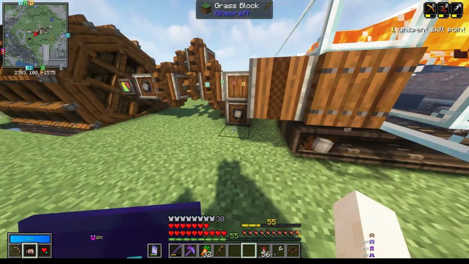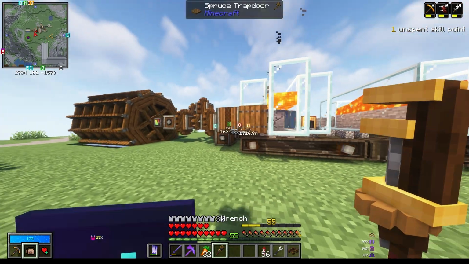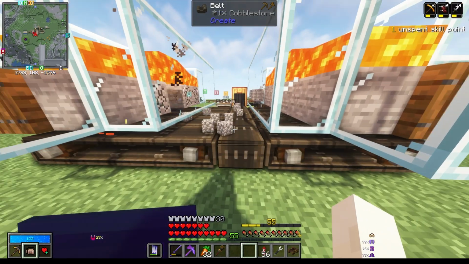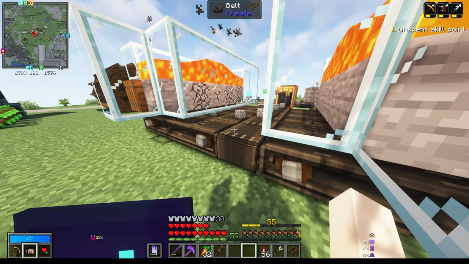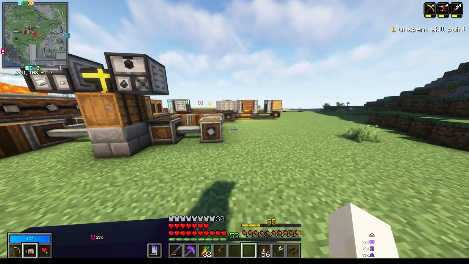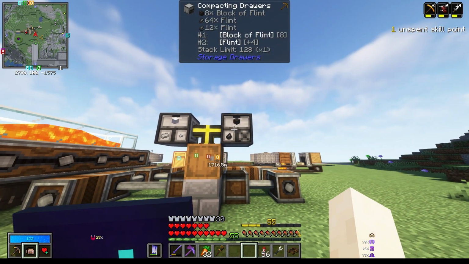And if we come over here, looks like a few blocks managed to fall out. Not that big of an issue, but like I said, I don't want lag to happen. So we'll remove some of these and let it be only for mining. And looks like this is working rather well. Yeah. So now we have an iron farm, flint,